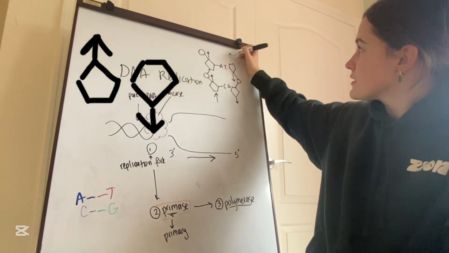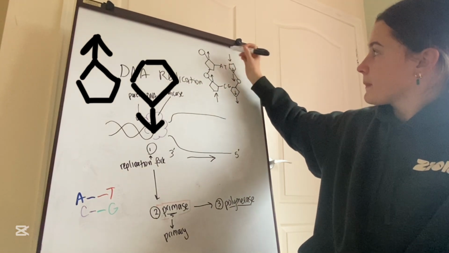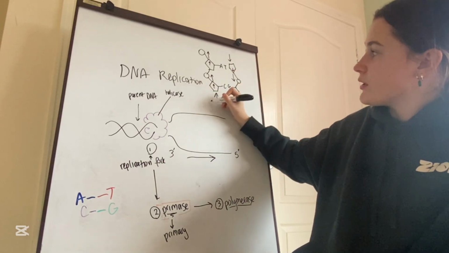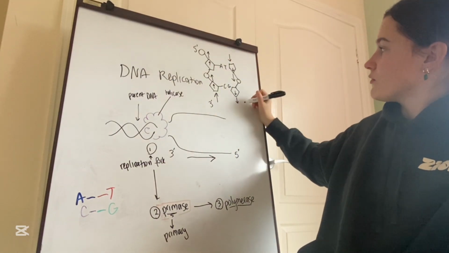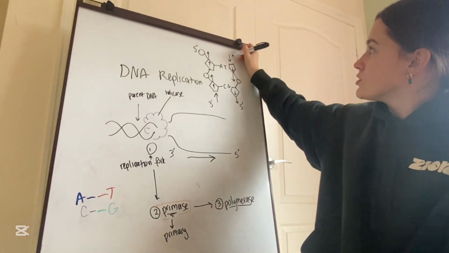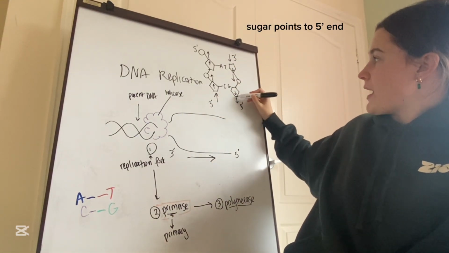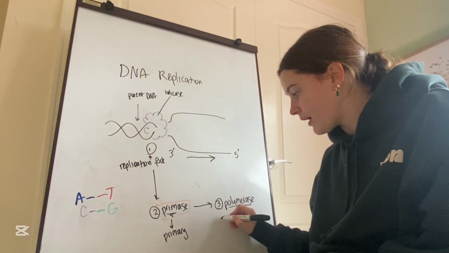See the difference? So this is facing this way, whereas on the other side it's facing this way. This is running from 3' to 5', whereas this is running from 5' to 3'. The sugar points to the 5' end. So the polymerase runs 5'